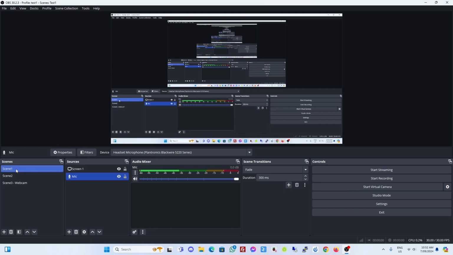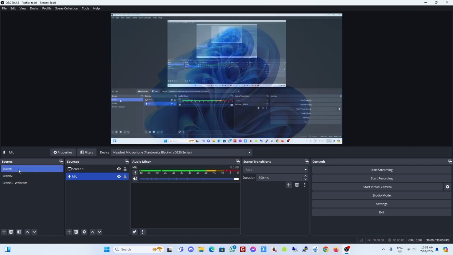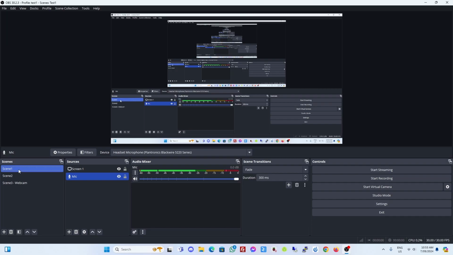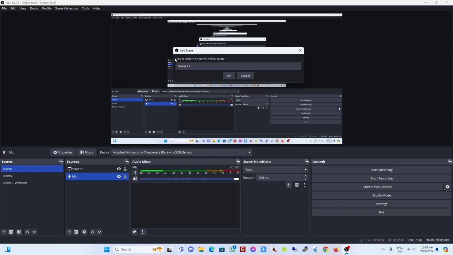So in this case, I'm going to create a webcam for when I'm displaying scene 1 and scene 2. I'm going to display my webcam as well at the same time. So let's go ahead and do that. For the simplicity of this video, for scene 1, I'm going to right click on scene 1 and say duplicate. It's going to create a default name for us. It's going to say add scene, and it's going to say scene 1 2, which is essentially a duplicate of scene 1. But I'm going to call this scene 1 with